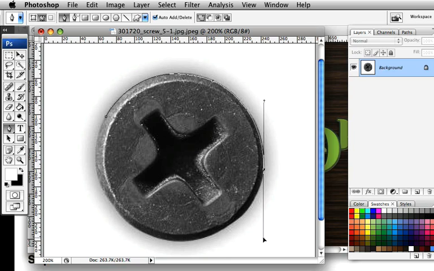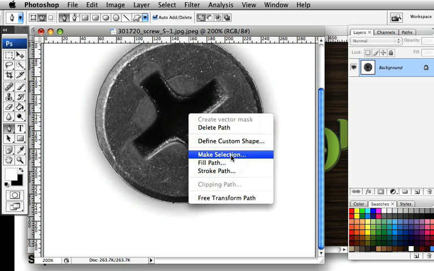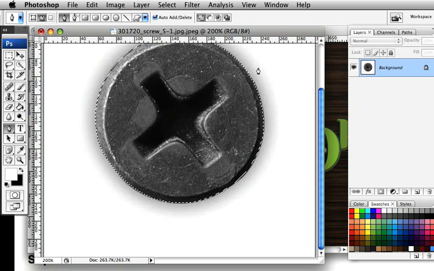Sorry if it's not perfect because the screw's actually not quite perfect, it's a little bit worn. I'm just alt clicking back on the final point just so I can start in a new direction. Okay, right click inside, make it a selection, click on OK,